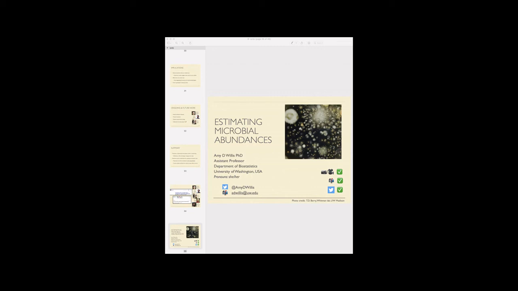I might jump into the next question, and happy to follow up with anyone who has further follow up on that. How robust are taxon-specific efficiencies across different experimental setups and bioinformatics pipelines? Are different pipelines expected to provide similar estimates in terms of efficiencies or abundance ratios? That's another great question.